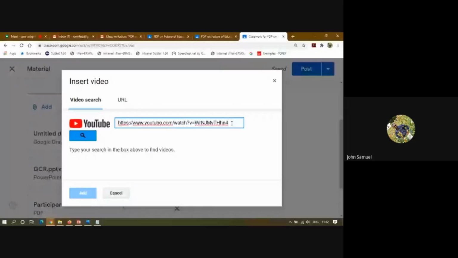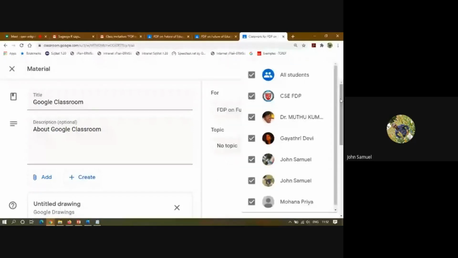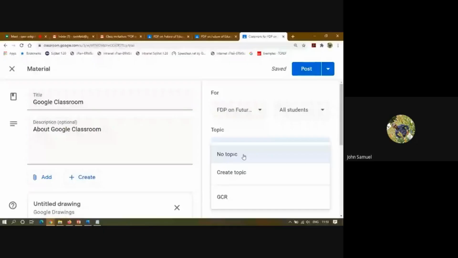So we can add the URL also. So that's all. Here also, you can post this material for all the classes, and the student list will also be there. And under topic, we already created a topic called GCR. If you want to post it under GCR, you can select this, or if you want to post it in an open manner, you can select no topic, or you can create a topic here also, using this create topic menu.